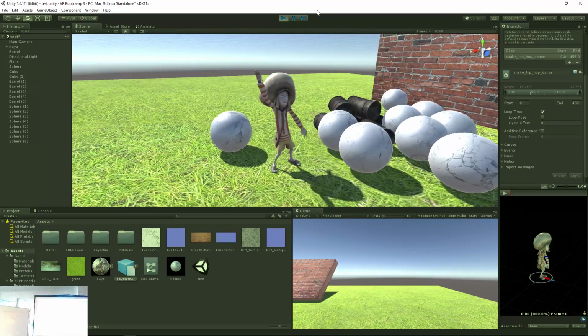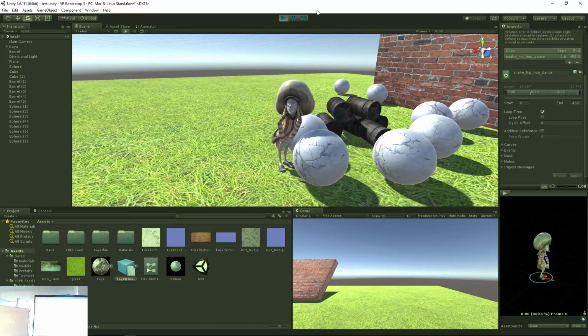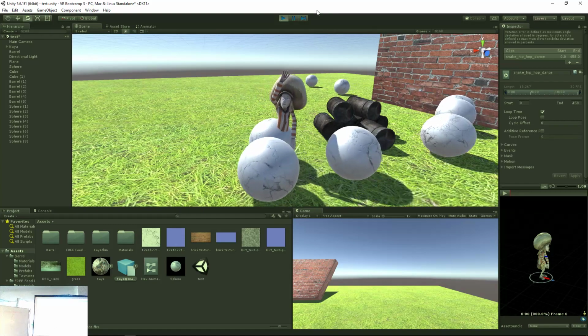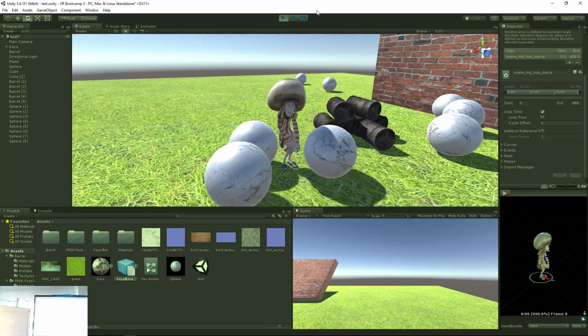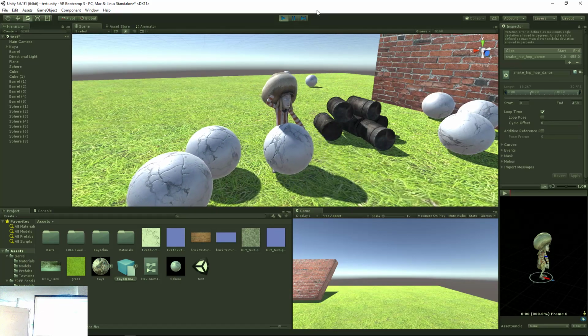So double click the animation. I'll show you one sec. Yeah, it plays and then it stops. Technically, you've got to make a loop. So click